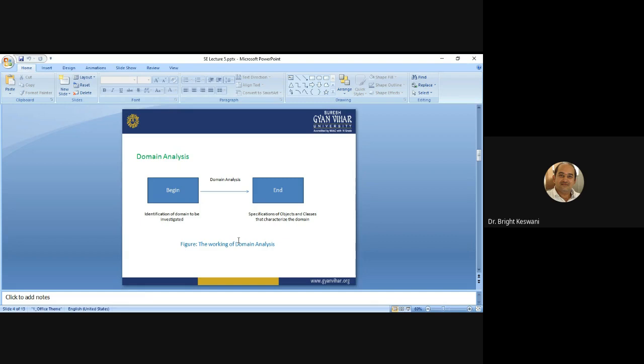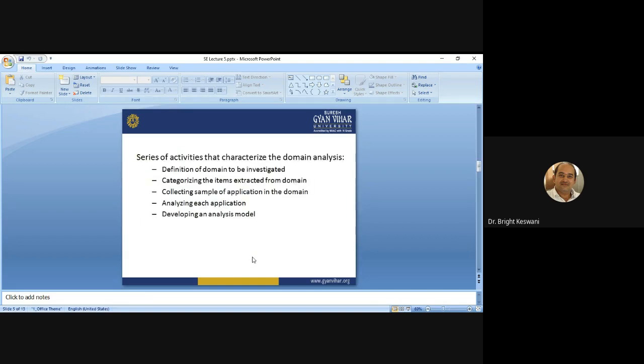Okay, so there are several activities suggested by Baird that characterize the process. These are the series of activities that characterize the domain analysis. The first activity is definition of the domain to be investigated. The second is characterizing the items extracted from the domain.